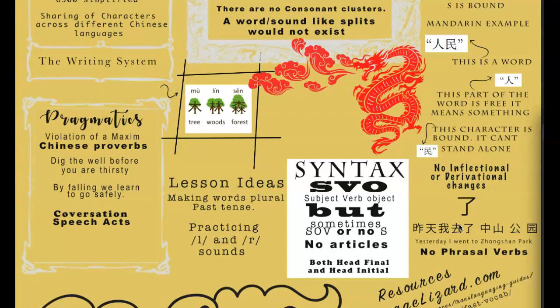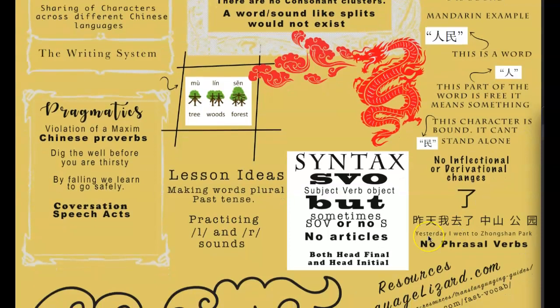You cannot simply add an S to get a plural or a possessive form like in English, and you cannot add an ED to show past tense. However, characters are used to show different perfect and past tense, and also word order is shaped. So in this example right here, it says, yesterday I went to Zongshan Park. The symbol or character that looks like a 7, you can see it right in here, is added to show